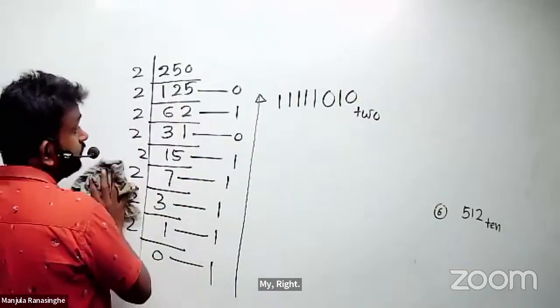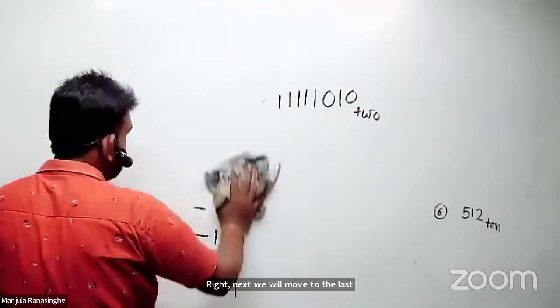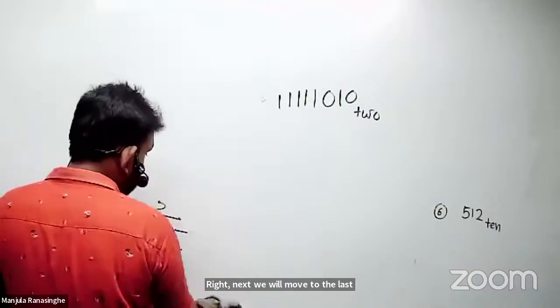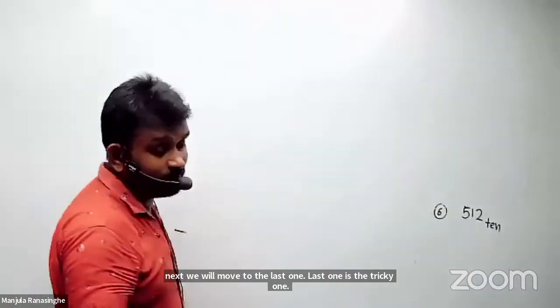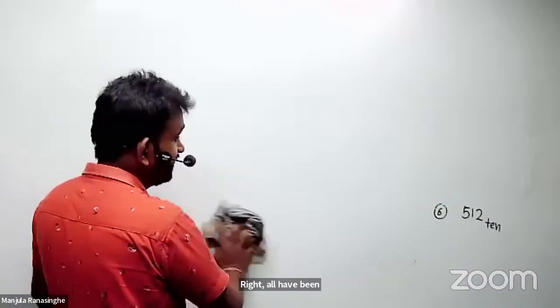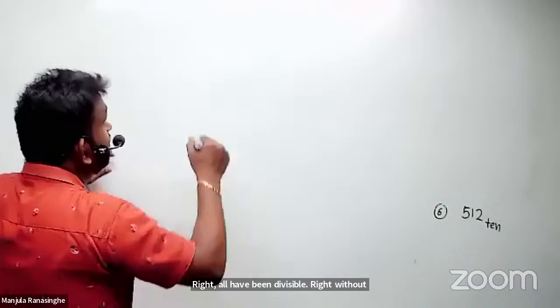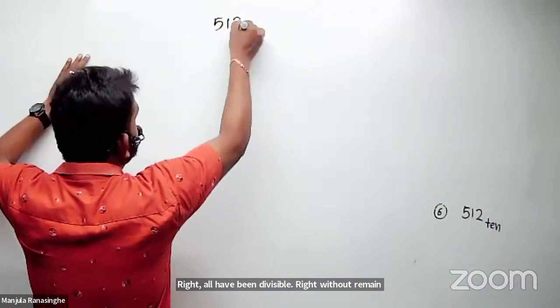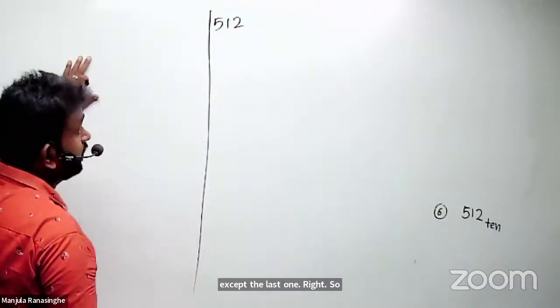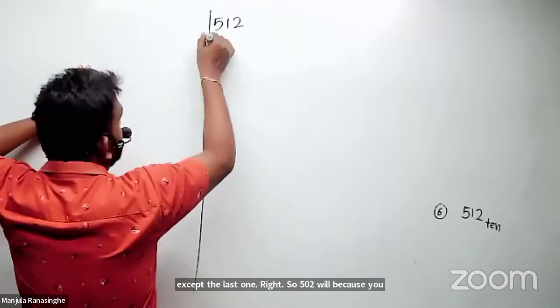Right. Next, we will move to the last one. Last one is the tricky one. All have been divisible, right, without remainder except the last one. So 512, because you know that that is a power of 2 exactly. Right. So 2,